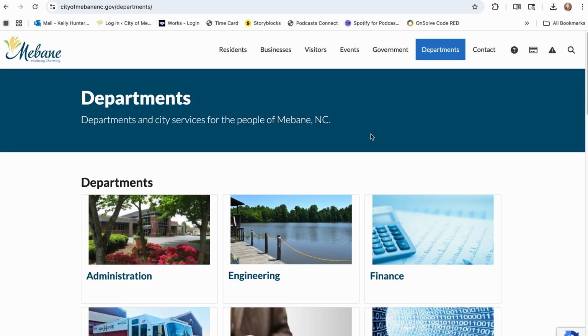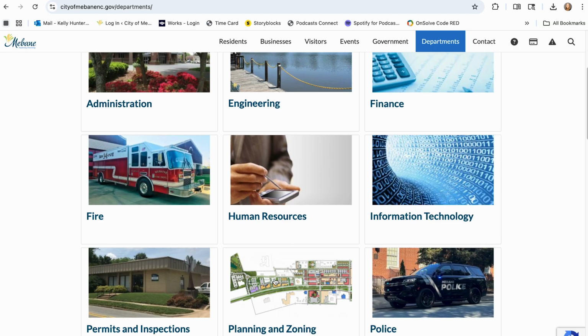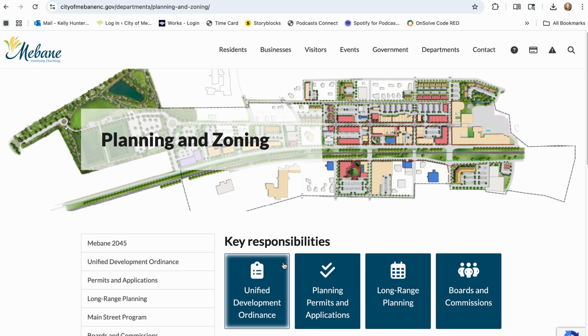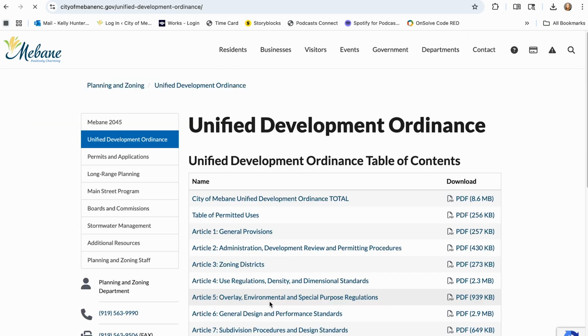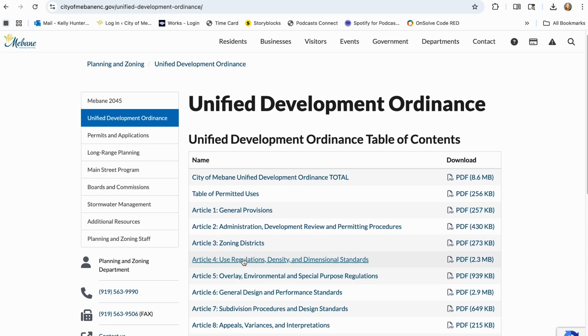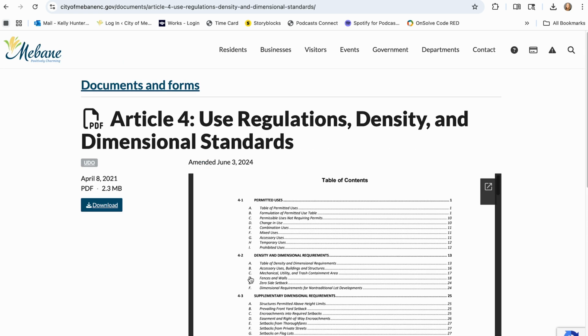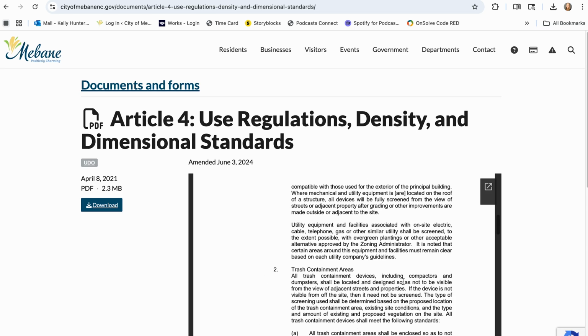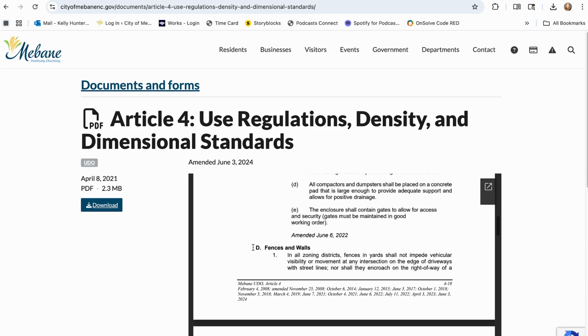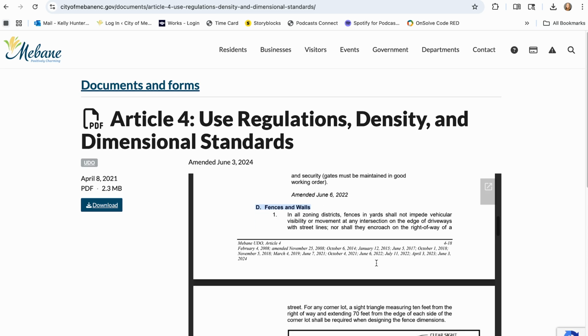Fence standards for the City of Mebane are described in Article 4 of the Mebane Unified Development Ordinance, also referred to as the UDO. We have various standards that apply to fences, and one of the most common questions we receive is the type of material.